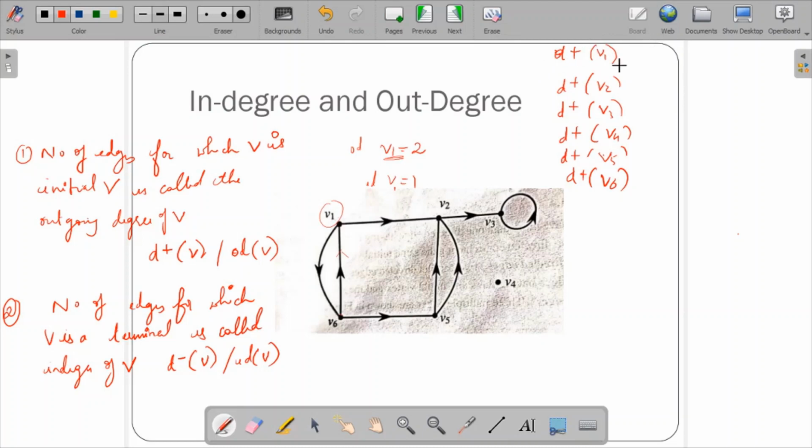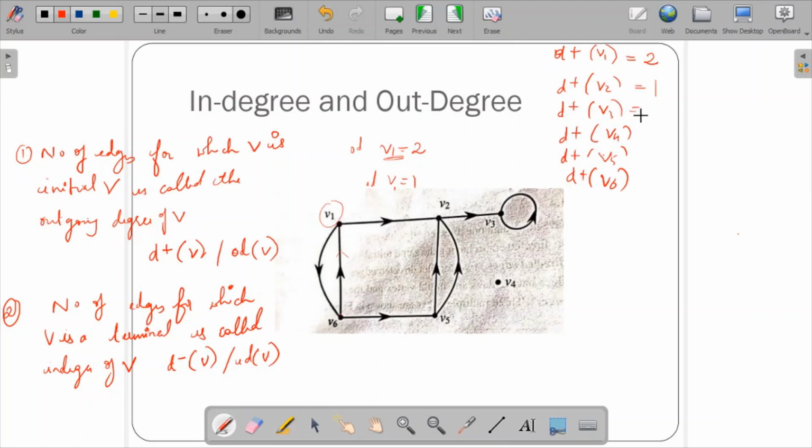So out degree of V1, if you check, is 2, going in the outside direction. V2 also has 1 going outside, from the source in the other direction, so it is the outer edge, the out degree.